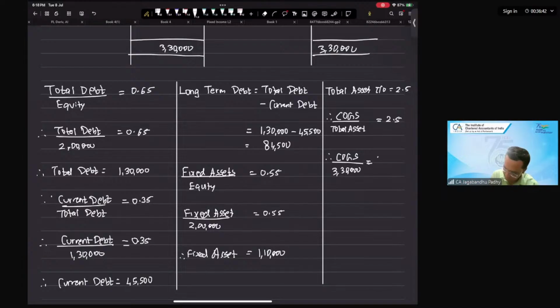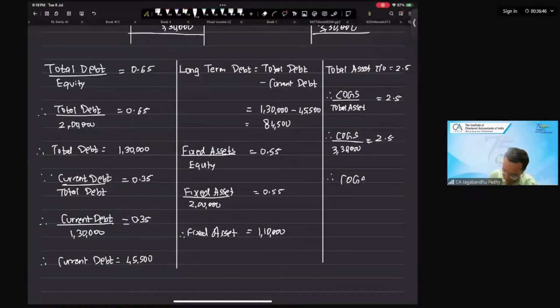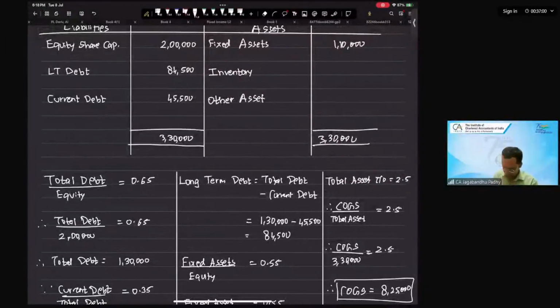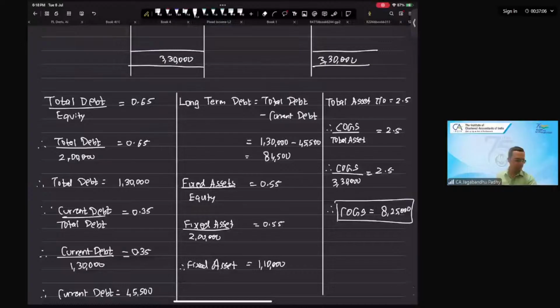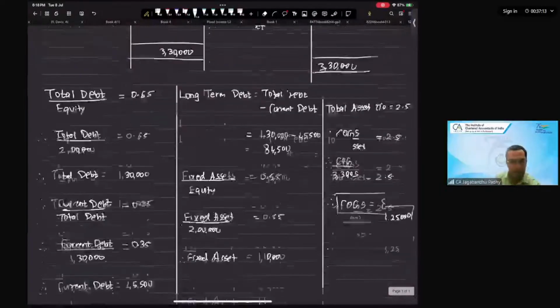is the total assets, which is equal to 2.5. And therefore, we can say COGS is 2.5 into 3,30,000, which is 8,25,000. Okay. So COGS is working out to be 8,25,000. Now, based on COGS of 8,25,000, we can get the inventory